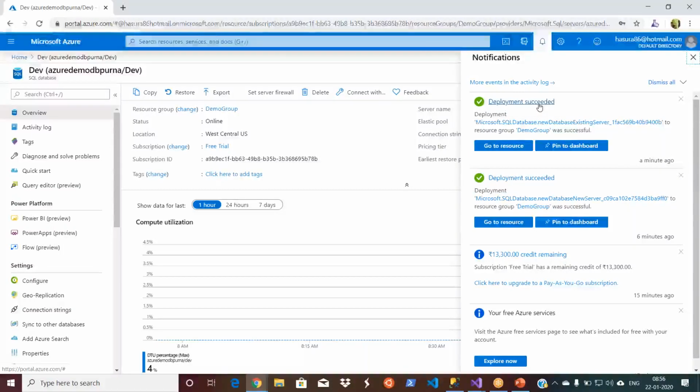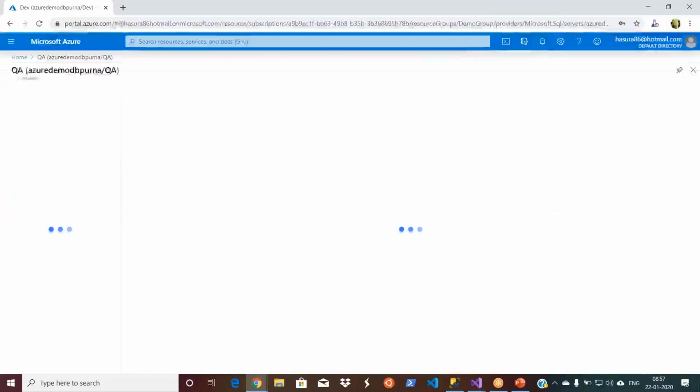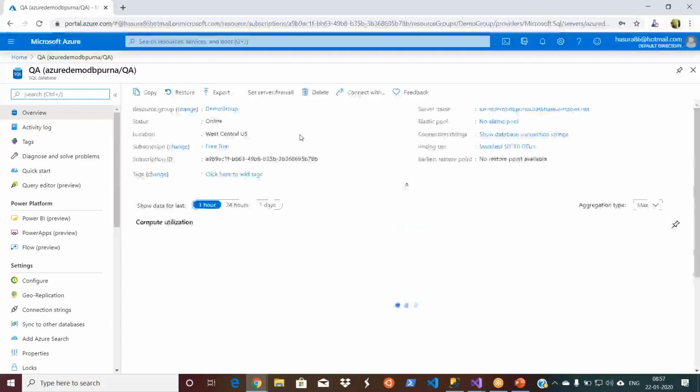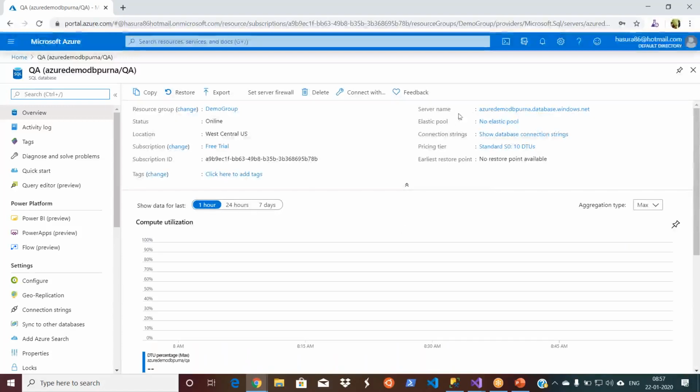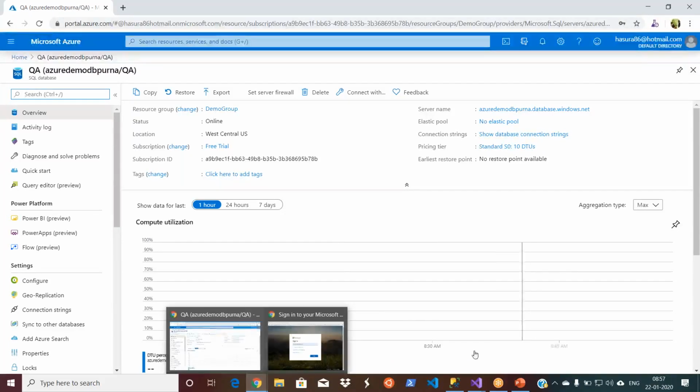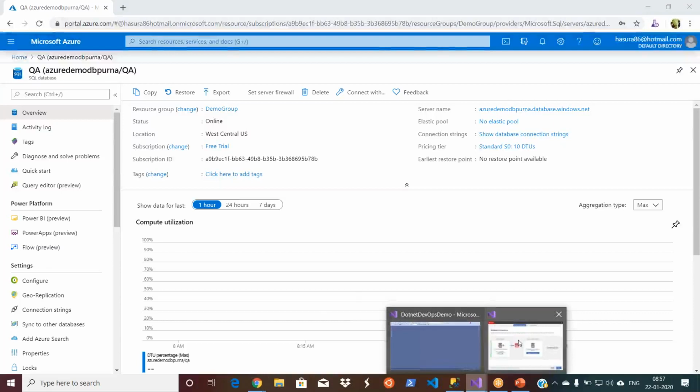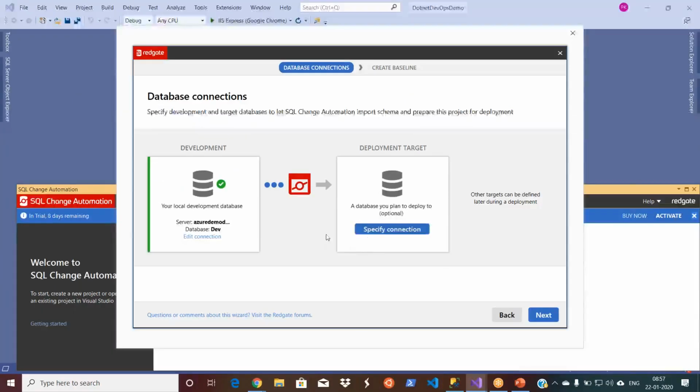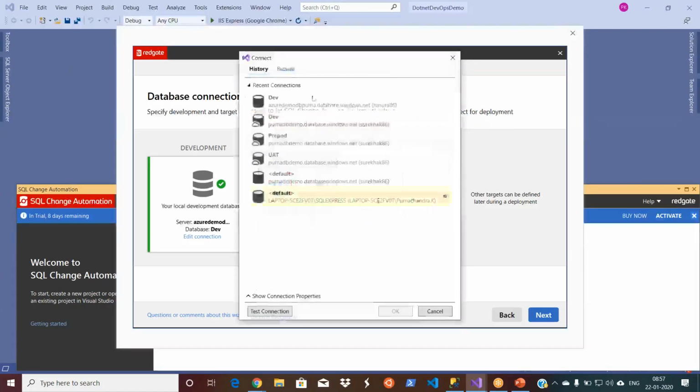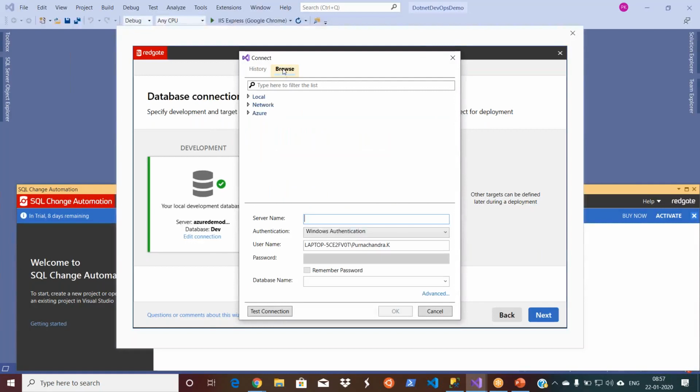Okay, it looks like QA is also done, right? Go to resource. Okay, cool. The QA is also available now. Let's switch back to our Visual Studio. The same way you set up the dev or the source, set up the target as well. Now go to browse, and then let's copy.